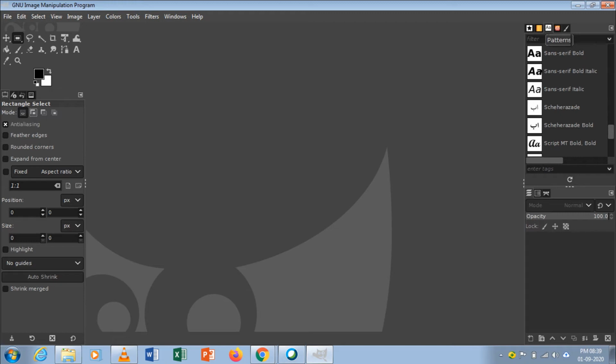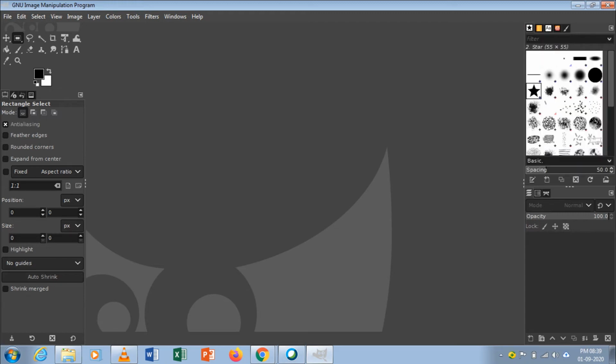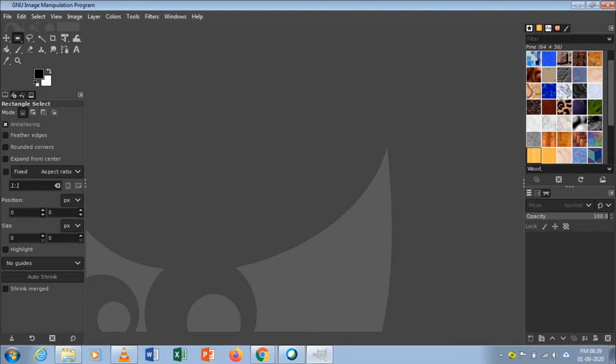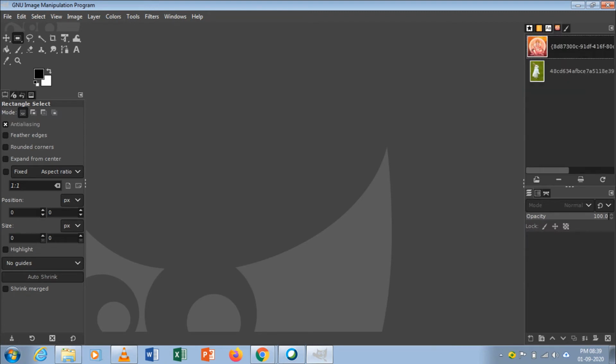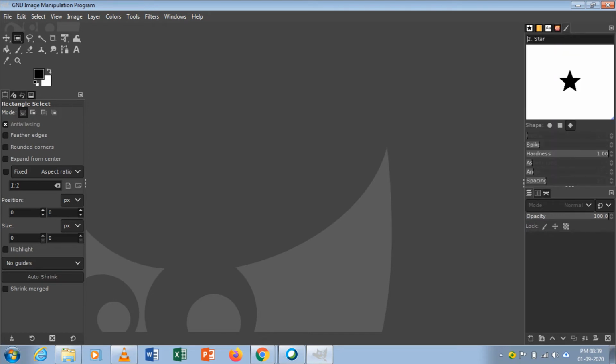You can even create a logo using the brushes, or using the shapes, and you can even draw any picture using the brush. So these are the different types of brushes and these are the patterns available.